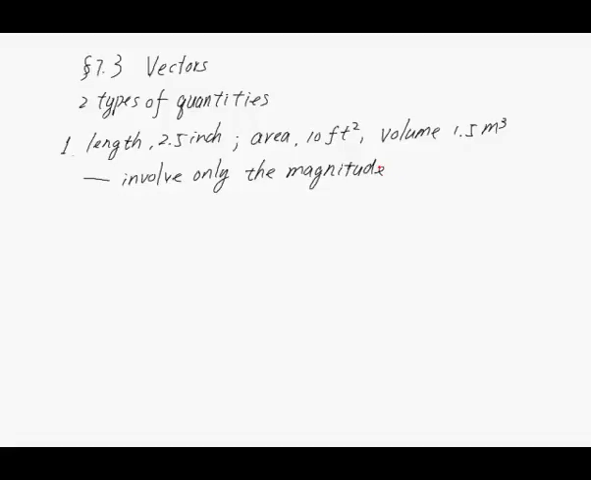So those numbers, say 2.5 and 10 and 1.5, these real numbers are called scalars. So this is the first type of quantities we have been dealing with. Then we have another type of quantities. For example,